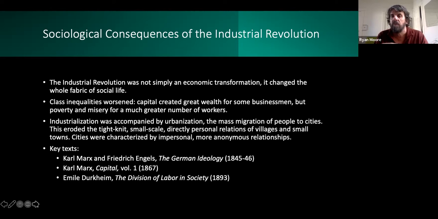It's accompanied by the growth of cities, what we call urbanization, this mass migration of people to the cities, again, primarily because they've lost their access to the commonly held land and resources that would have in past generations allowed them to subsist as peasants, as farmers and so forth. And so what this industrial revolution does is it destroys this old way of life in which